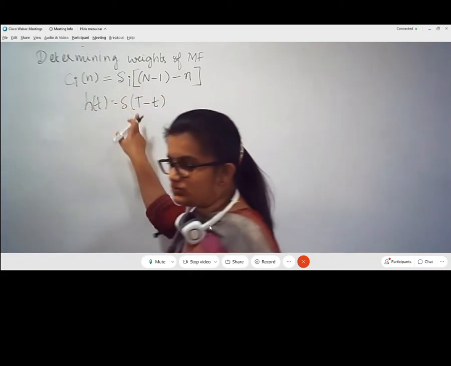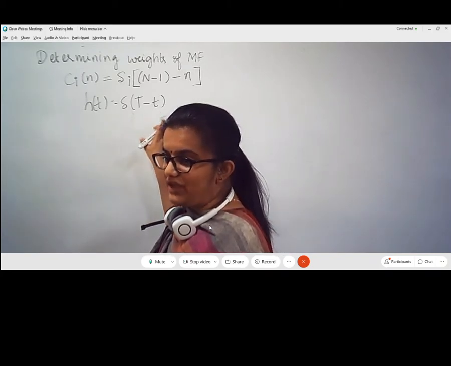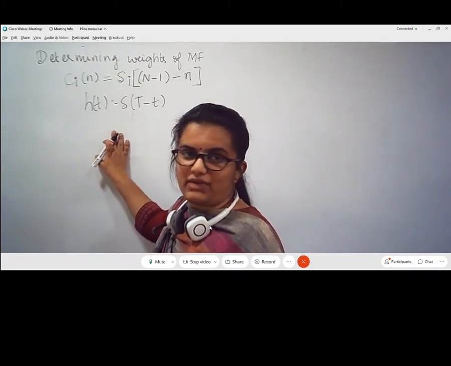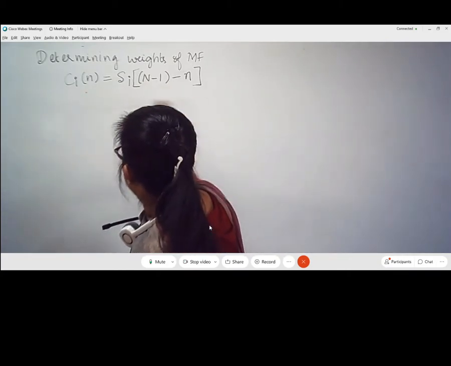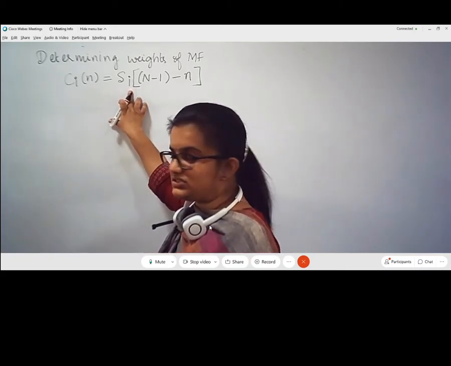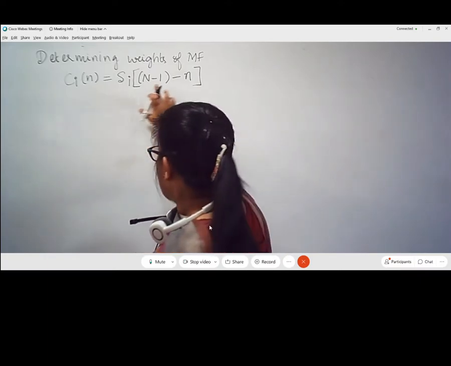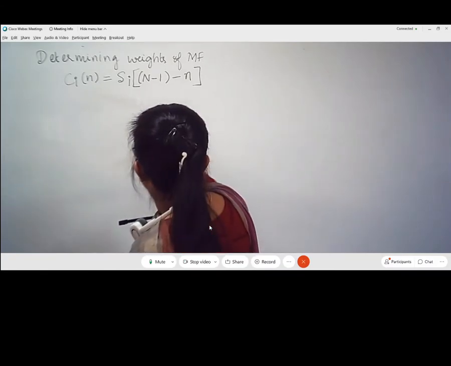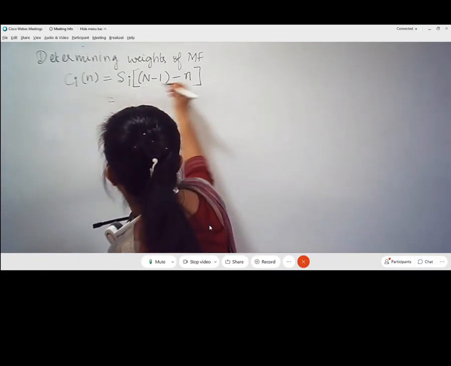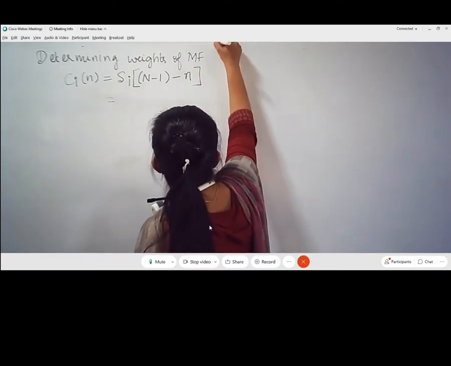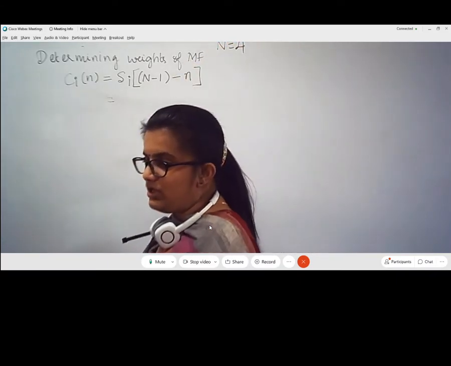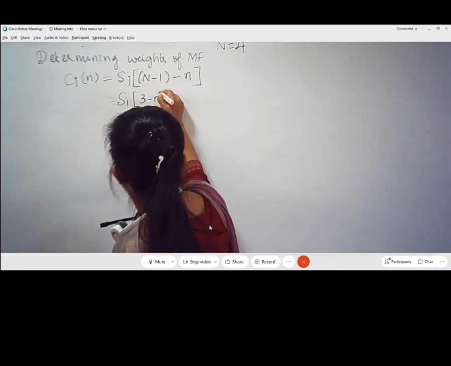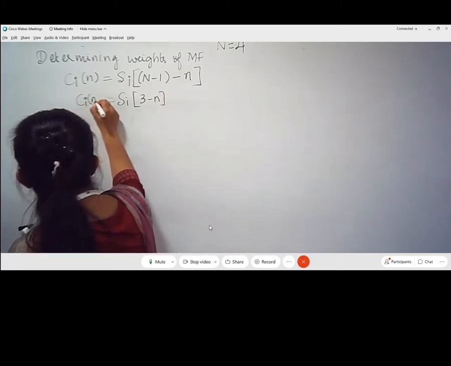So here it exactly looks like a replica. Therefore, the weights that we are going to define is for the matched filter, the discrete time realization of the matched filter, where the reference signal Si gives us the reference, and it will be the time shifted and time reversed representation of the actual symbol itself. So in our case, capital N, the number of samples per symbol, was equal to 4. Therefore, in this case, Si will be 3 minus n. So this is how we are going to define Ci of n.